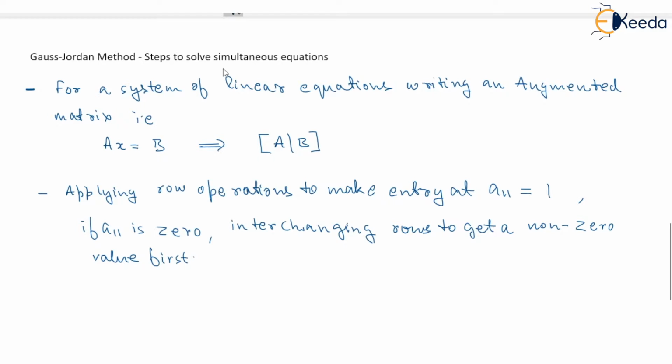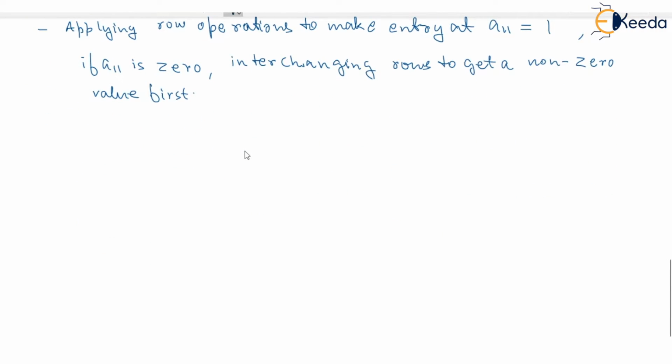So after this, like making the first row, first column element to be 1, we are going to make all other entries of that column 0.